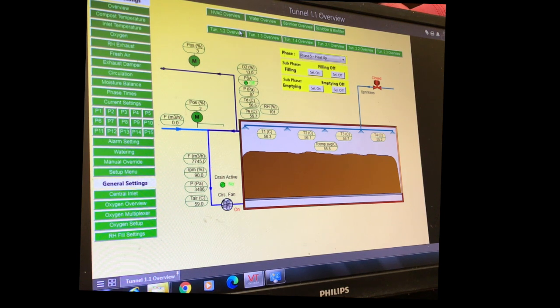So if you see, this tunnel here is 1-1, and we have material inside. There are sensors on the roof of each of the tunnels. There's 1, 2, 3, and 4, and they're giving us temperature probes of what the temperature is inside the tunnel. So right now in tunnel 1-1, we have an average temperature across the whole surface of 55.7. So in order to achieve pathogen kill, we need to have 57.5. So we're just about there. But also what's going on in the tunnel is